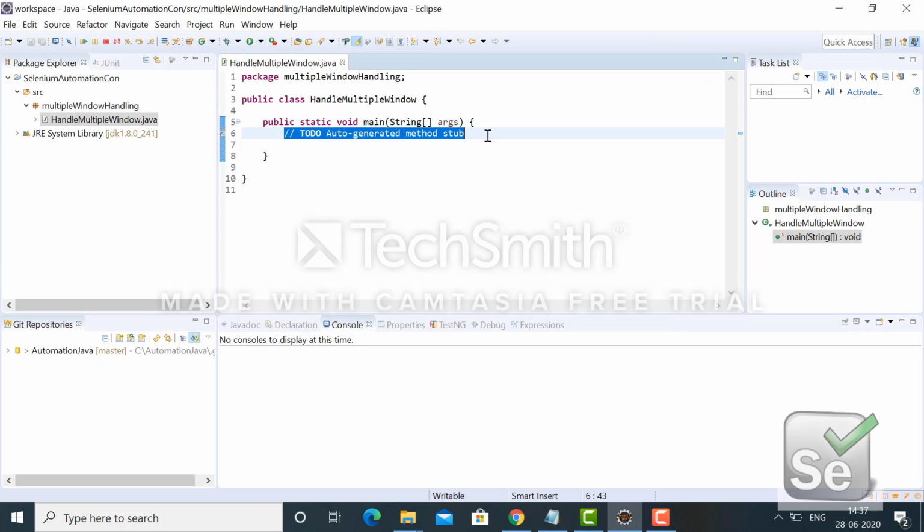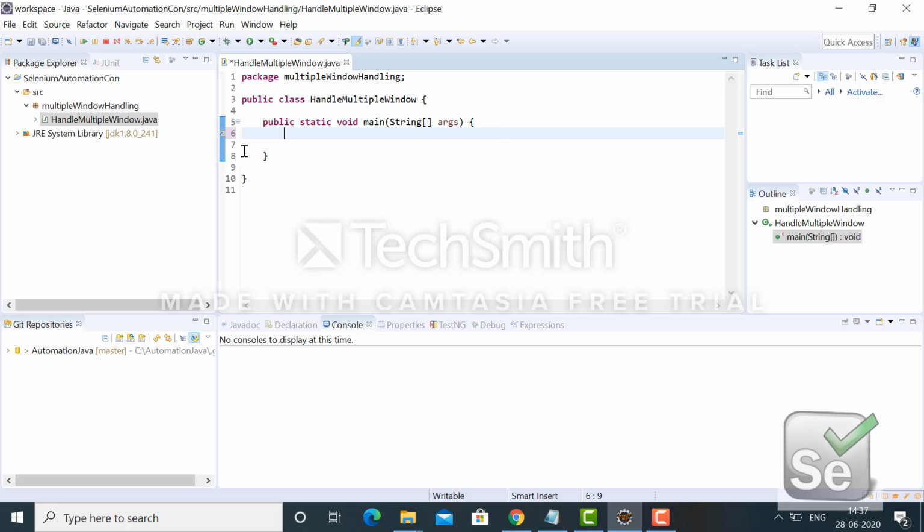Throughout this case, I can divide it into two to three module functions. First, I have to initialize the driver and launch the site, then put some implicit wait or maximize the browser. Those things I will cover in one function. In another function I will write the logic for how to calculate the number of windows open, then switch to them one by one, fetch the title and then close it.